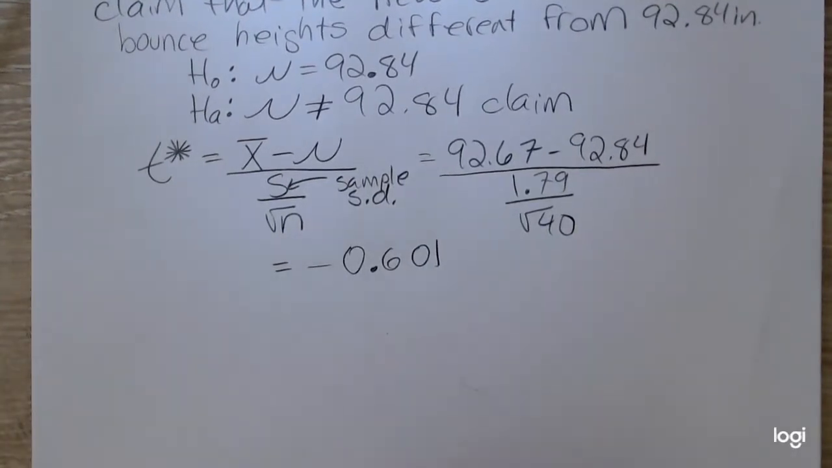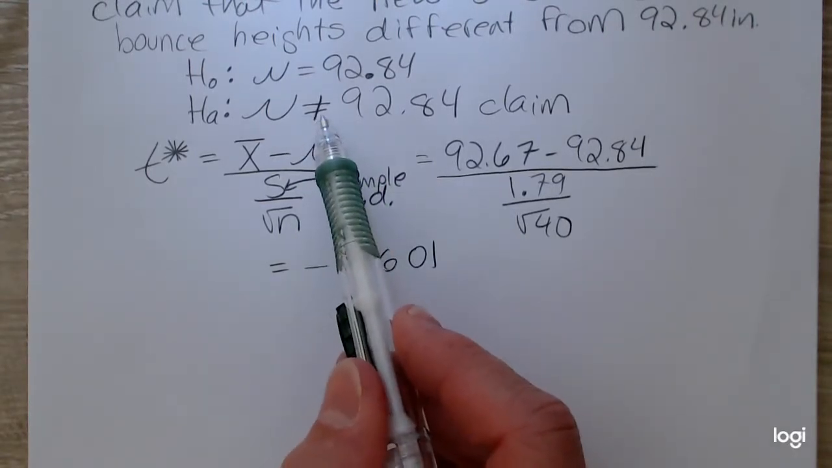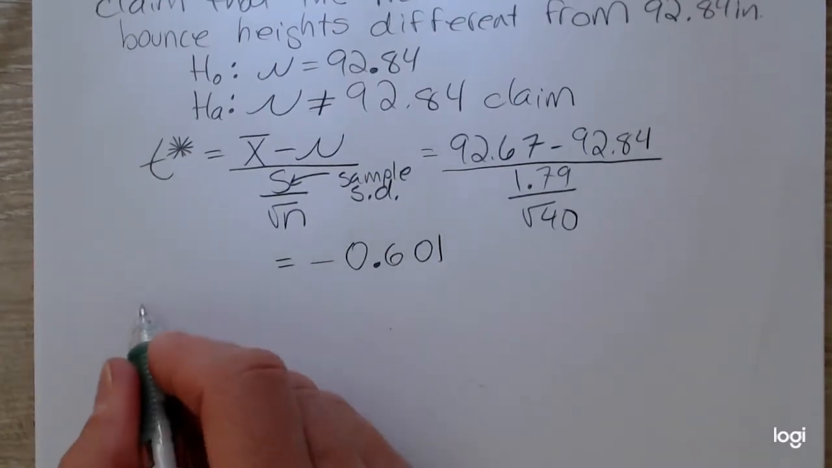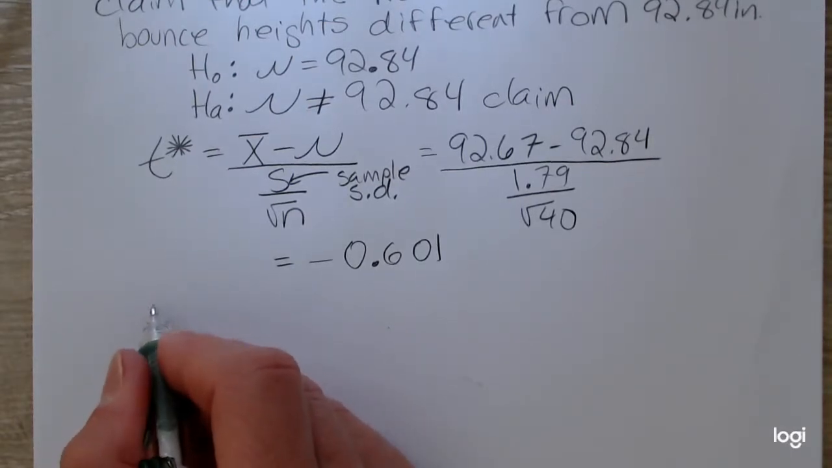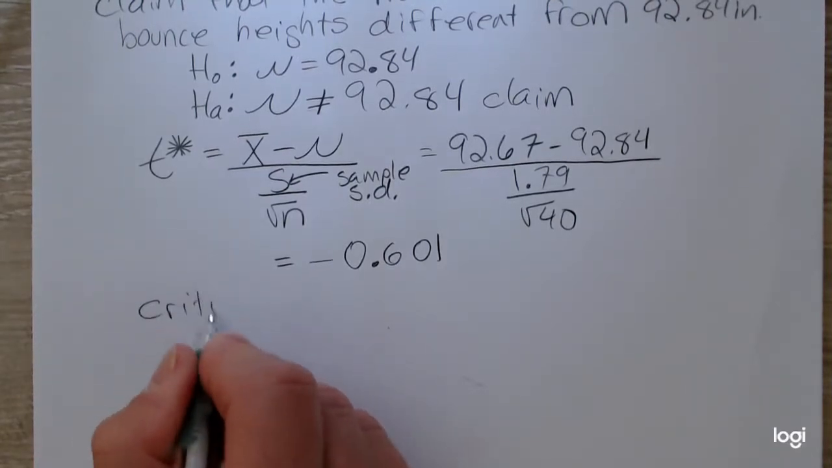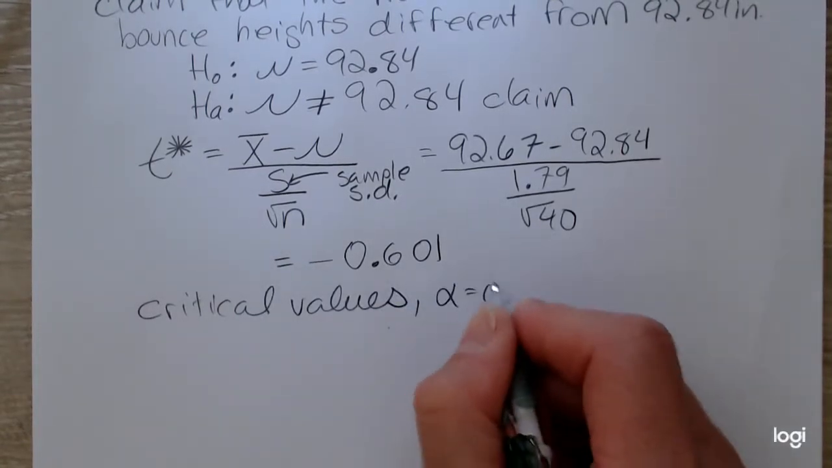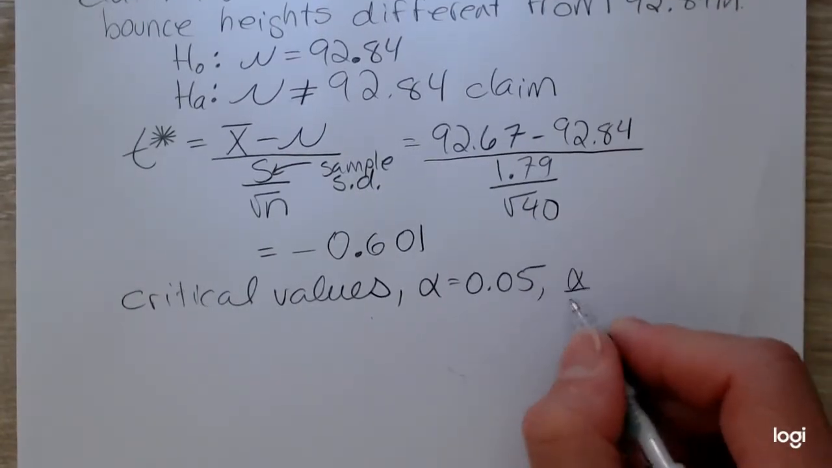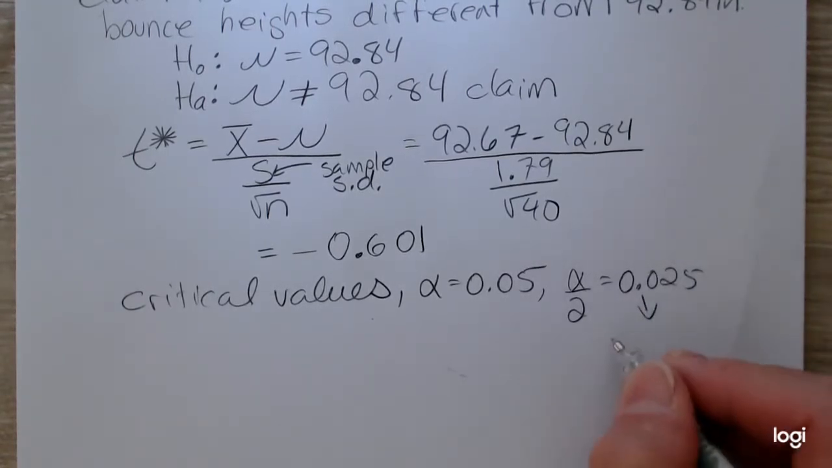So to find the 2 critical values, and we know that there's going to be 2 because this has a not equals in the alternative, it makes it a 2-tailed test. To find those critical values, we need to figure out how much area is in each tail. And to do that, we need to divide alpha by 2. Alpha is equal to 0.05. So dividing alpha in half, that's going to be 0.025. And this is the amount of area